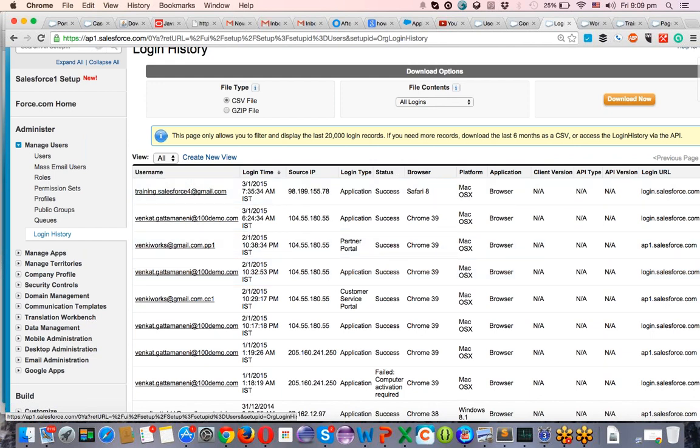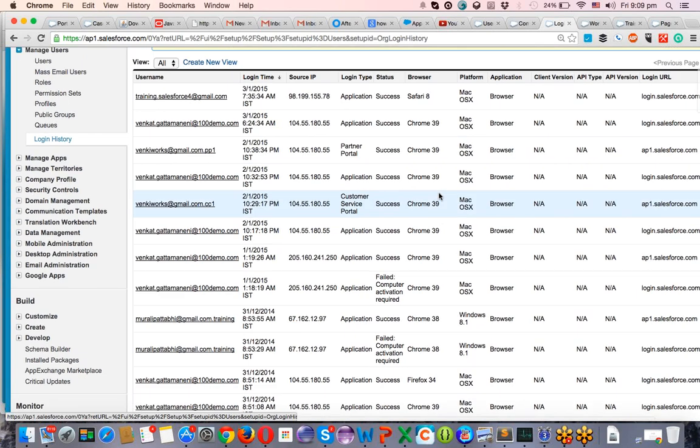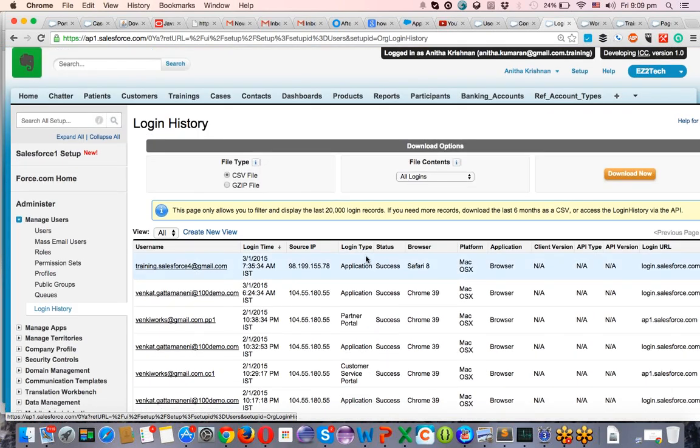Yeah. So this view I can modify. If I want to add some information, I can show it by clicking on new view. Okay. So this view is standard view, but the view which I'm showing on the user page is not having the browser and login type and status, right? I think browser is not there and platform is not there. I can even add that even there.